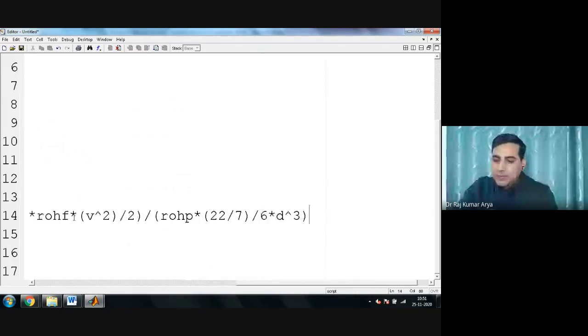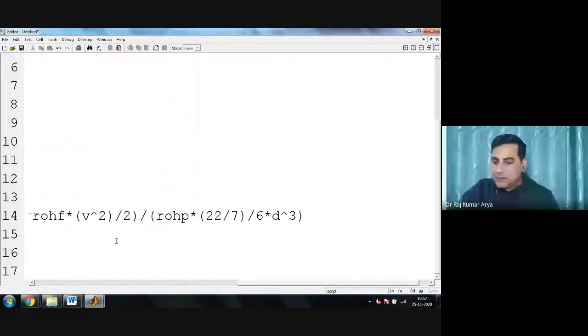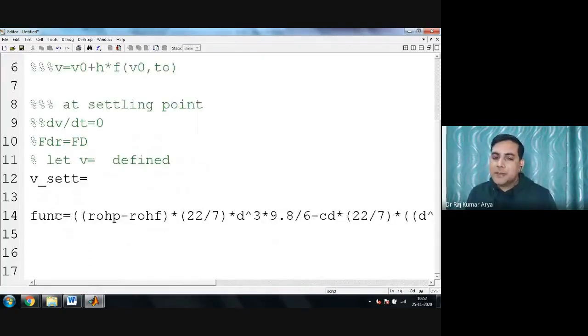So I wrote everything. If you want to check whether my brackets are correct or not, take your cursor back, and this will show where the bracket is closed. That way it will help you see where the brackets are closed. So that's just a cross check. So I wrote my equation, correct or not? I wrote my entire function.